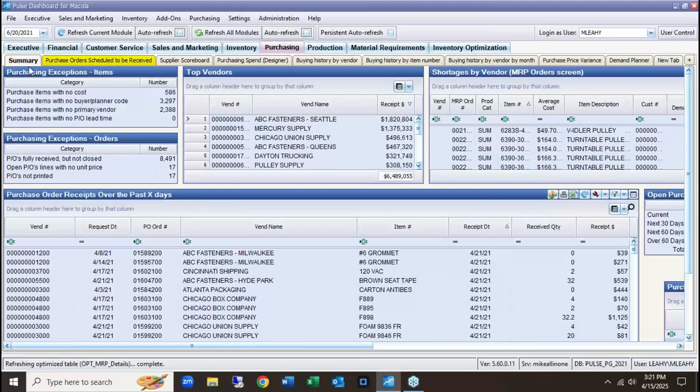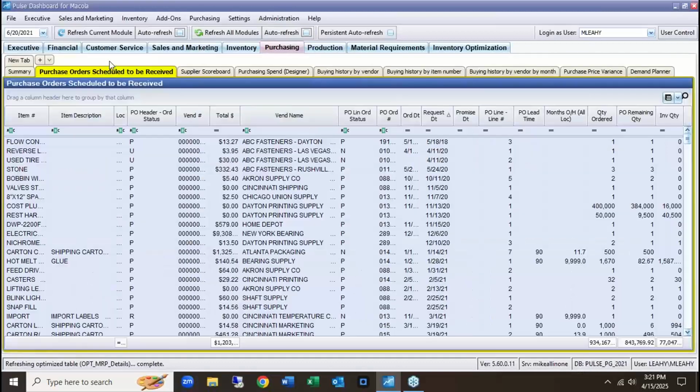Most people think that dashboard is only reading data. And you recall before when we went into inventory and we had our class generator that's pushing data back into Macola, that's updating the ABC class. The purchase order generator is creating purchase orders, writing back into Macola. But we also have some functionality on more of a